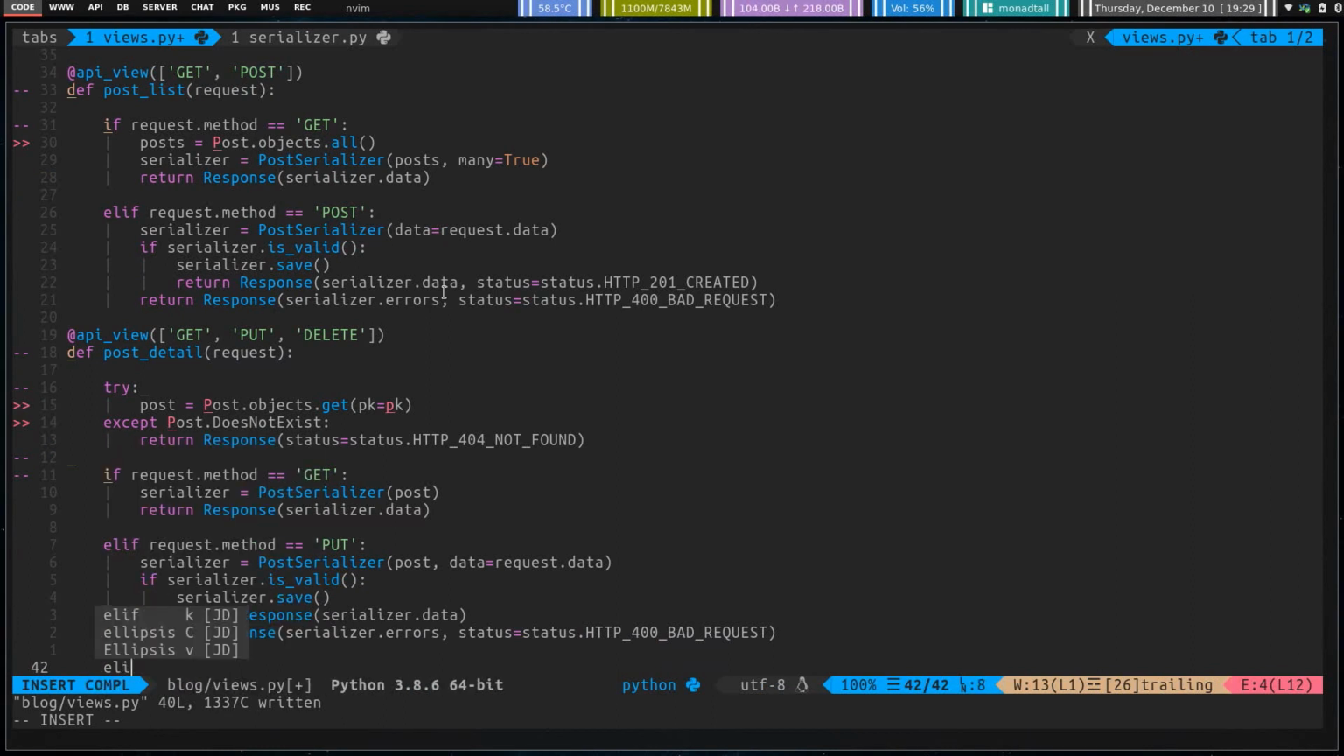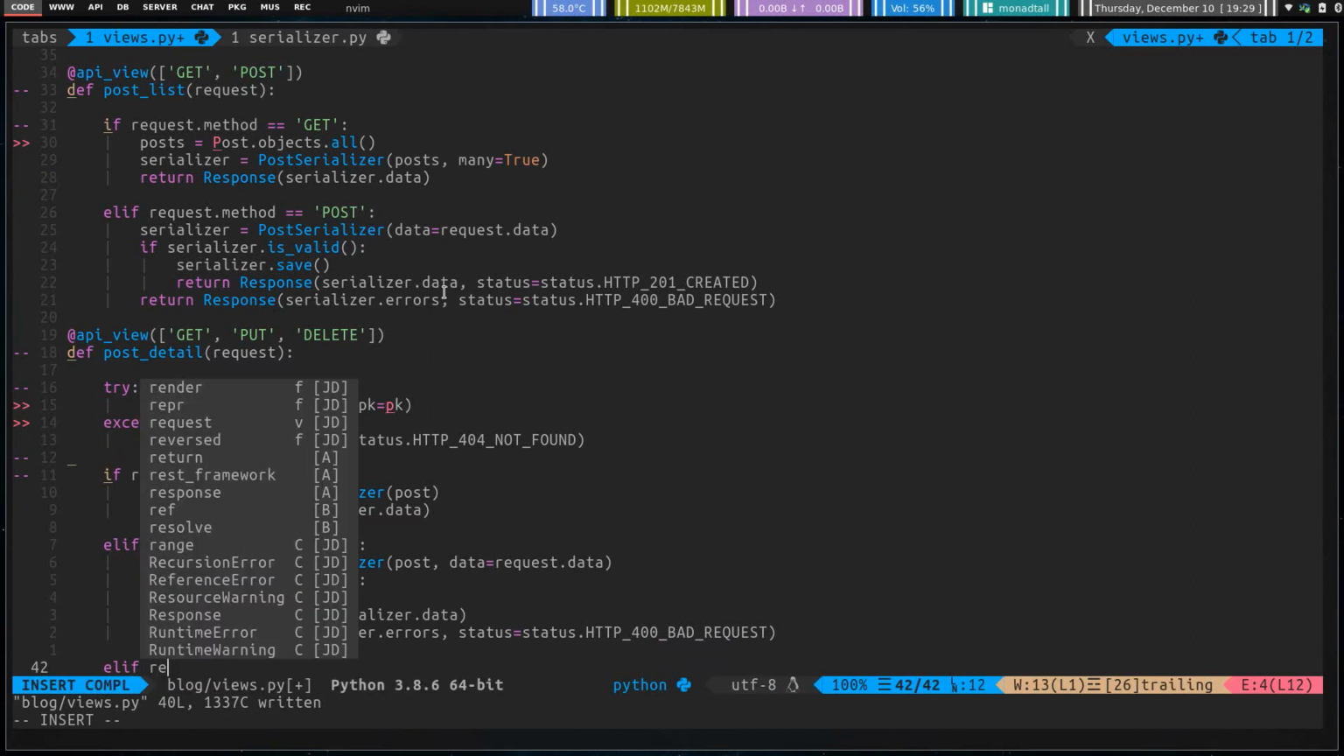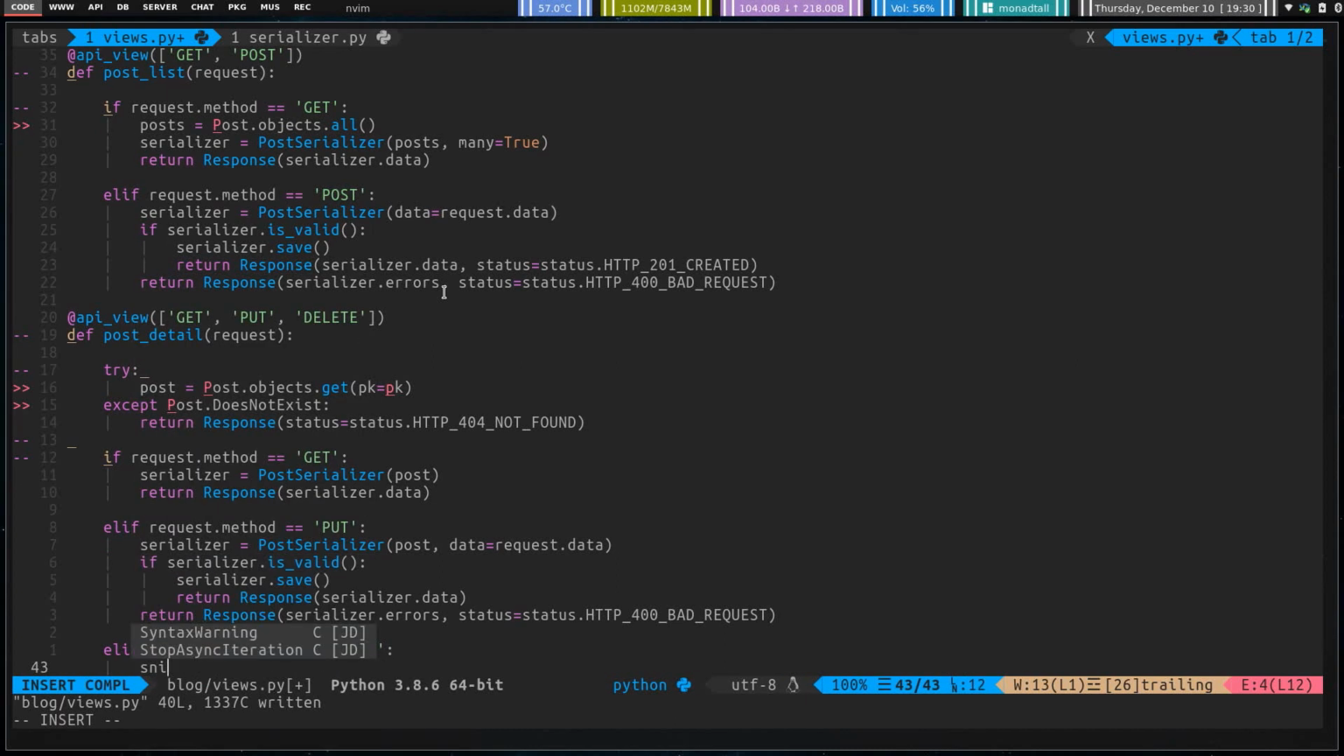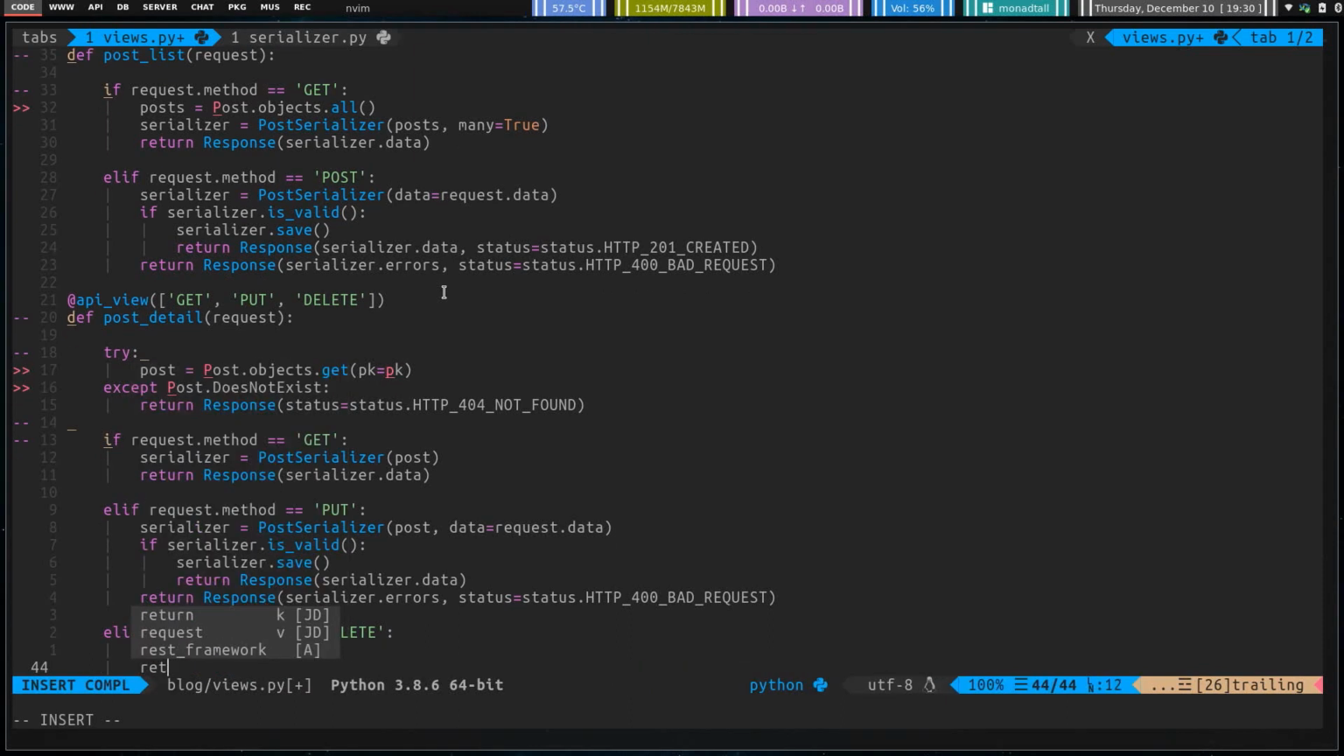Now the last part is if request.method is equals to delete. If we request delete method, then it will delete the whole post. Then it is self-explanatory. Then post.delete. It is gonna return the response of